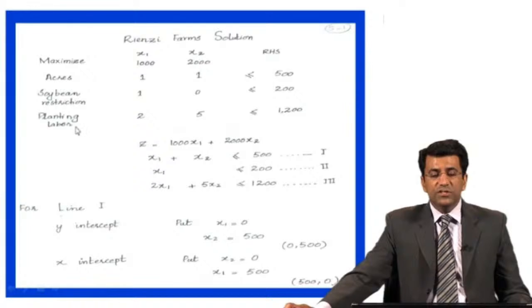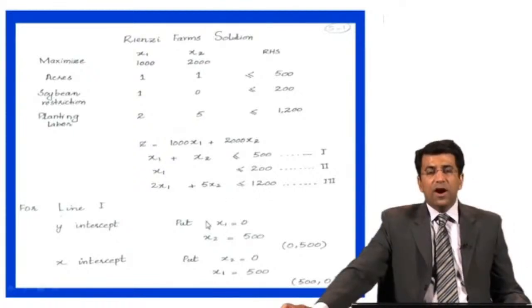Our third constraint is related to the planting point of view, that is 2x1 plus 5x2 should be equal to or less than 1200. Now class, we have identified the profit function, that is z is equal to 1000 x1 plus 2000 x2. We have identified the constraints, inequalities, which are represented by these numbers 1, 2 and 3,